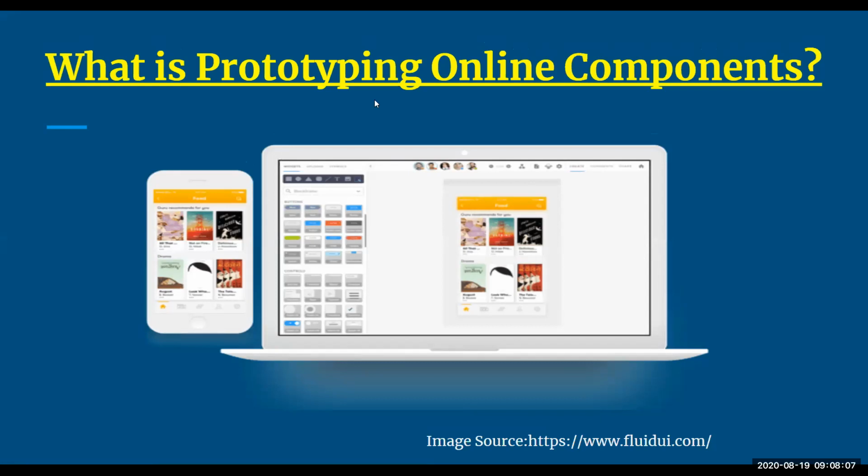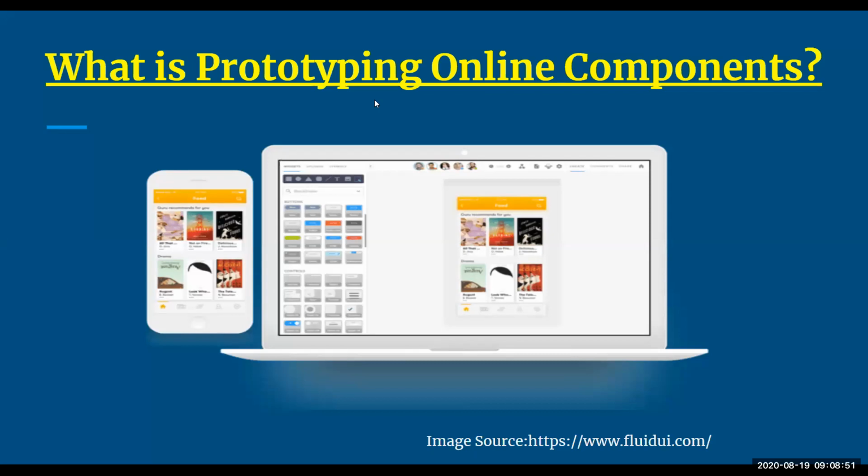Basically when I talk about online components, that refers to different APIs, different web services which are readily available online, and you can integrate them with your prototype and make your prototype interactive and responsive, because these are the APIs which will help you to make your system interactive in nature. You can make your GUI user friendly, as well as attract the people who are using your prototype. So with these online components integrated with your prototype, you are coming up with an interactive, or you can say responsive, working model that will help you to attract more people.